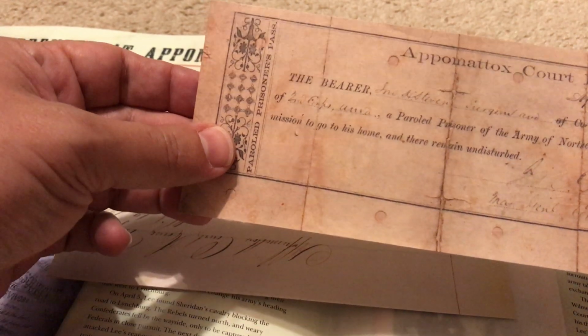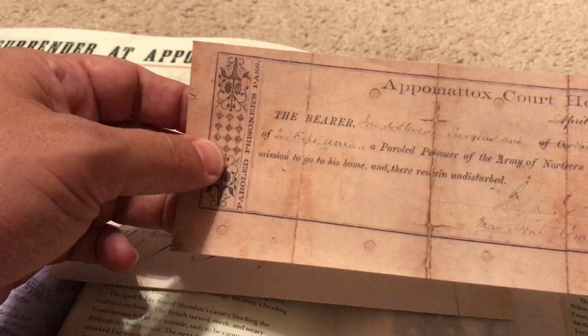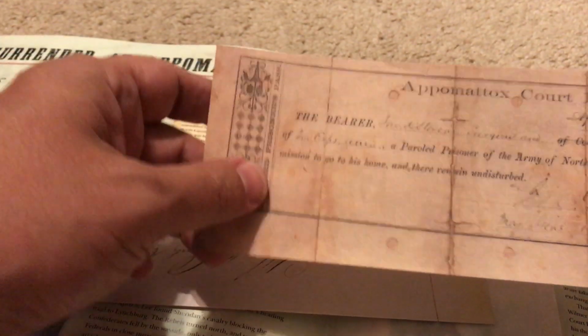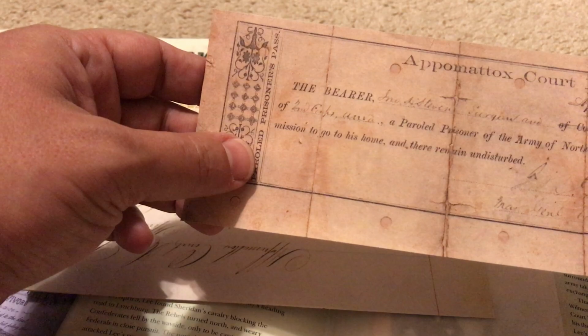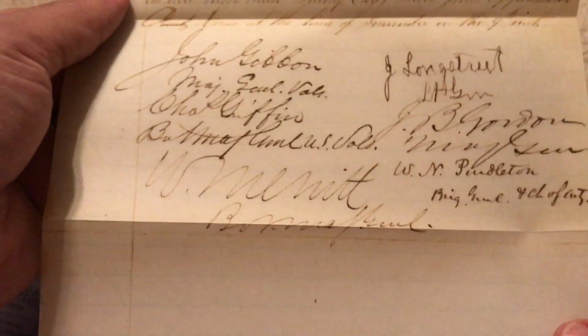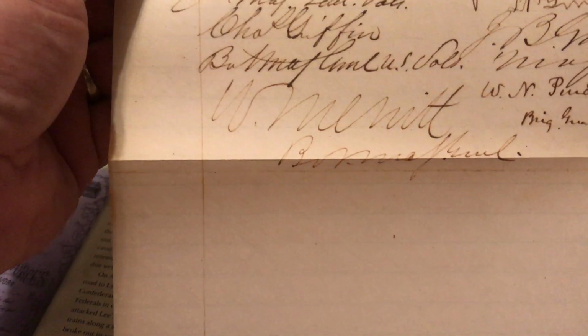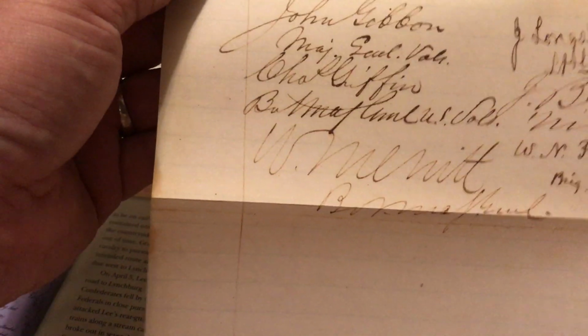This is a parole that was distributed to members of the Confederate Army after the surrender. They could just go home, basically. He has permission to go home and there remain undisturbed. The terms of the surrender were that the soldiers wouldn't be punished, and the officers could keep their sidearms. Here's the surrender signed by, including, General Longstreet, John Gibbon,